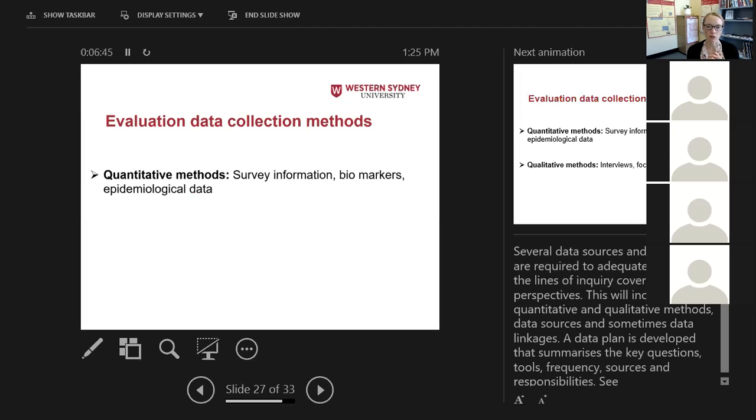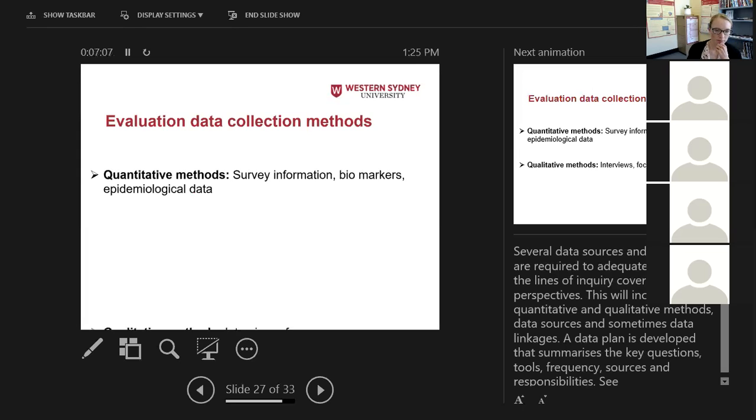Looking at blood biomarkers, and then of course epidemiological data that you can then run some of those more traditional statistical methods and modelling on to see what the effectiveness was. Was there a statistical change in the weight, or